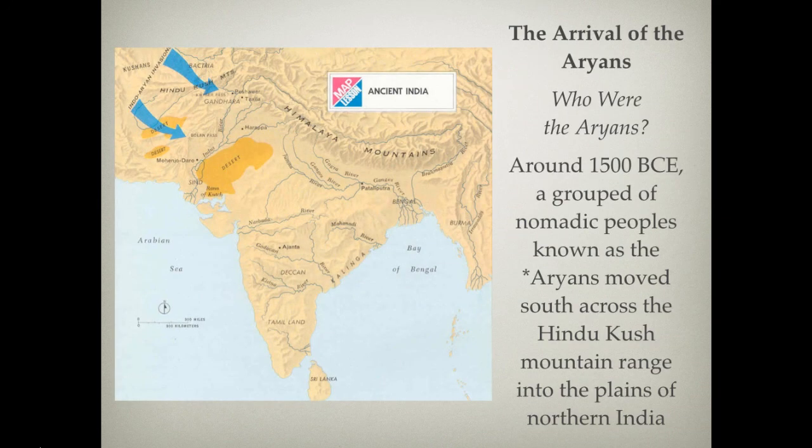Now, inevitably, a moment occurs around 1500 BCE when a nomadic group migrates into the region and conquers the Indus River Valley civilizations. And these people are known as the Aryans. And we've seen these people before. They're a group of Indo-European peoples. They're like the Hittites or any of those other groups. And they moved south across the Hindu Kush and went into the plains through the northern Indian gap.